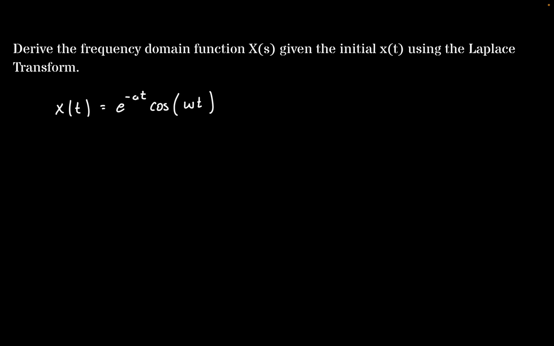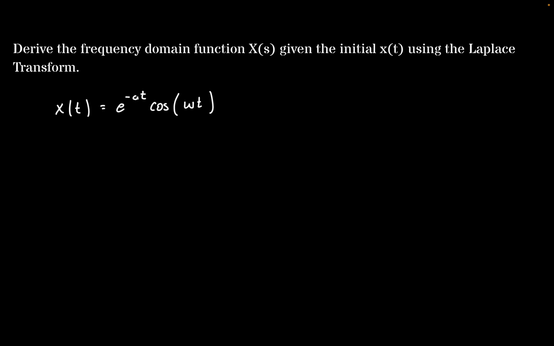In a previous video, we learned how to use the Laplace transform equation to derive frequency domain functions given an initial time domain function. Now this function here, x of t is equal to e to the negative at cosine omega t, is actually a very common transformation that we'll make, especially when solving ODEs and using the completing the square method. So I thought this would be a handy video because it's a more complex derivation, but it'd also be handy to see the background behind it because we're going to use it so much.